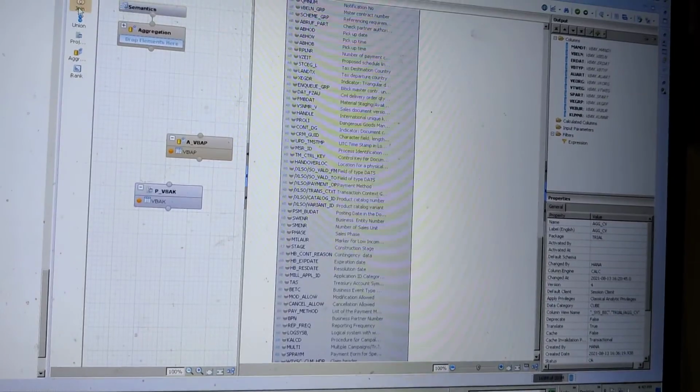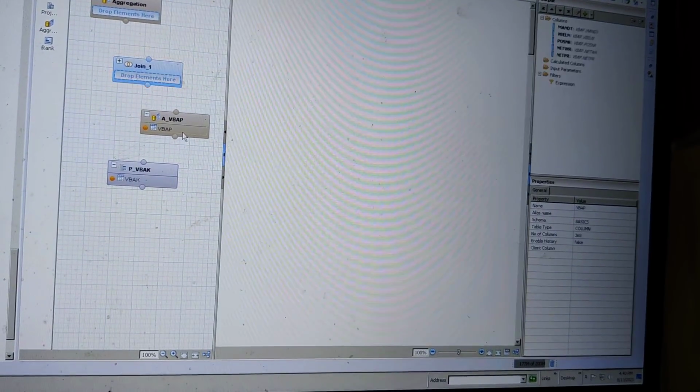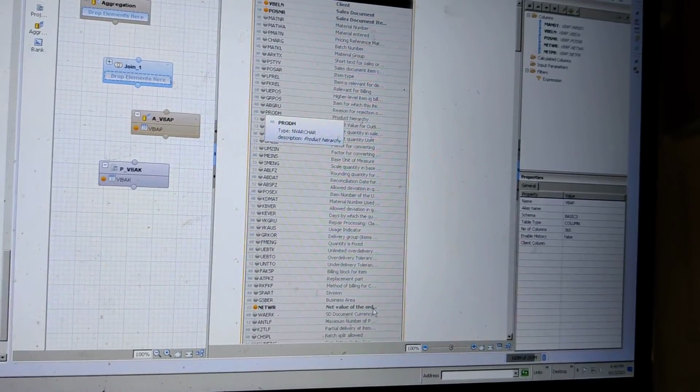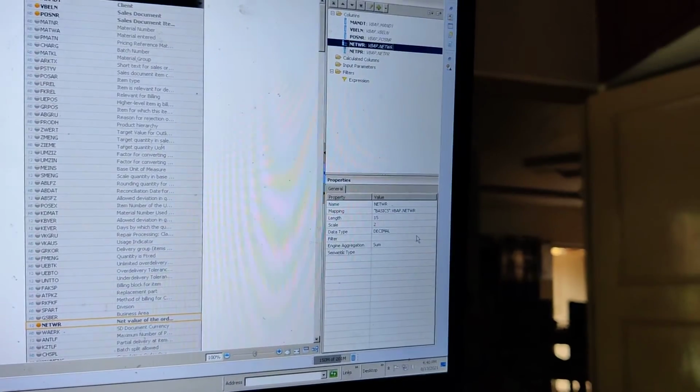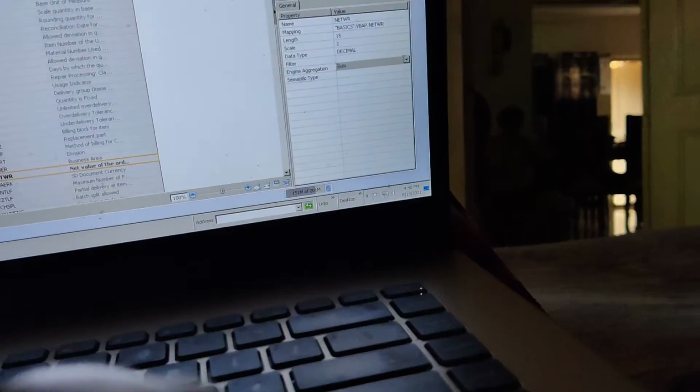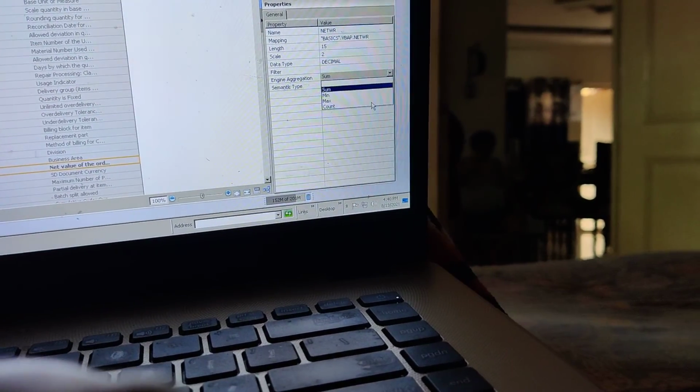Take a join. Okay, so before join we need to have one column, right? Here select this, convert to aggregated column, and you have these engines here. Select sum, count, depending upon the scenario.